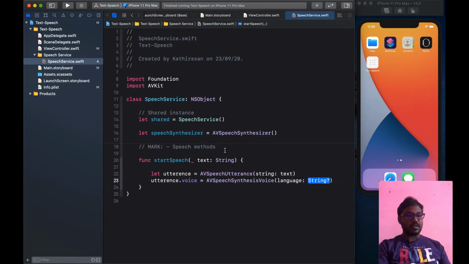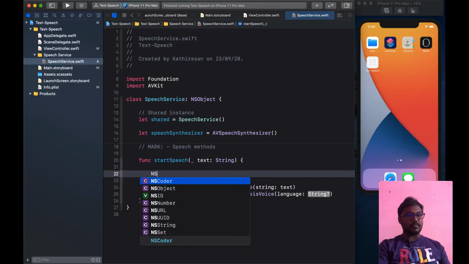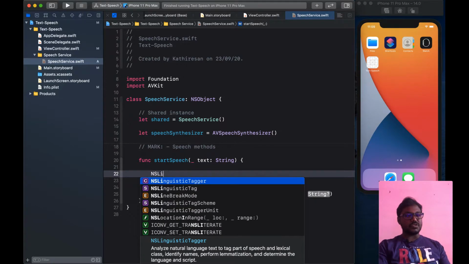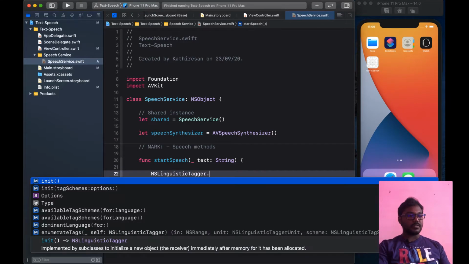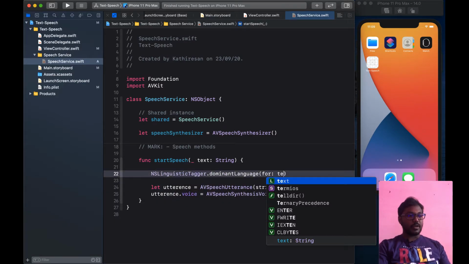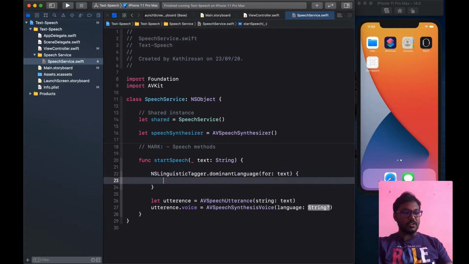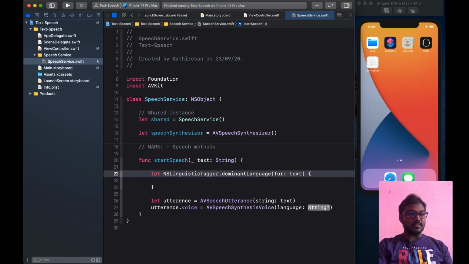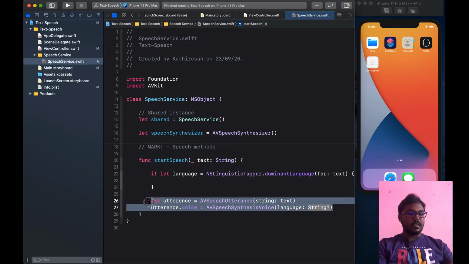Before that, we don't need to set each thing. So I am using the NSLinguisticTagger on the dominant language and passing the text. Then the system will automatically find which language we have to pass on the AVUtterance.